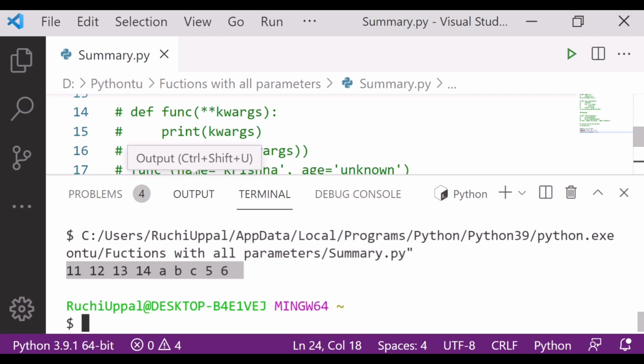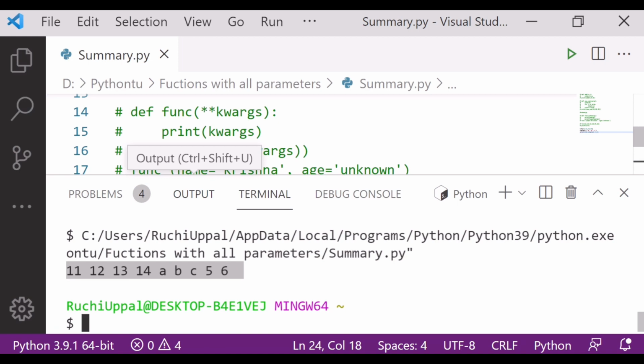Number 2, when a function is called, values for the positional arguments must be given. Keyword arguments are optional. Number 3, star args collect the positional arguments that are not explicitly defined and store them in a tuple. Number 4, the double asterisk symbol with kwargs does the same as args, but for keyword arguments.